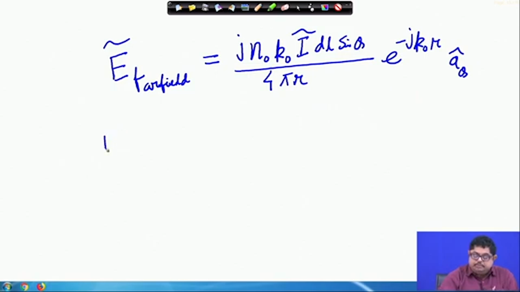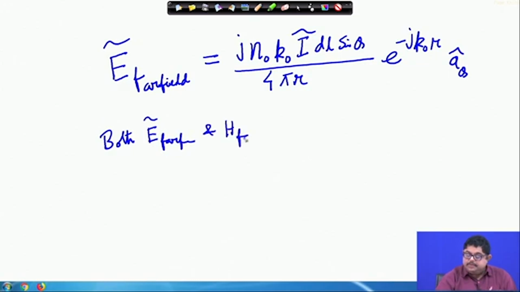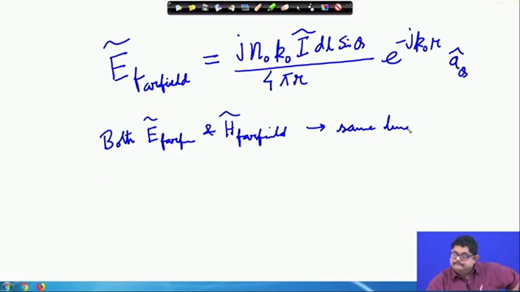Also, I can say that both E far field and H far field, they are at same time phase, because both are j. So, they are in same time phase, but E far field is theta directed,